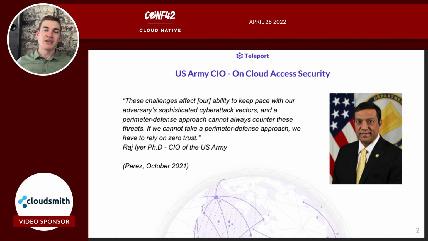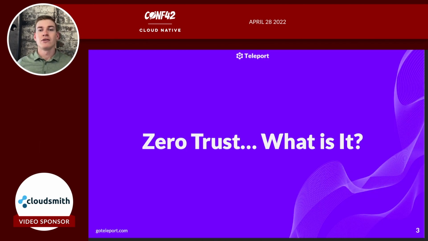The United States Army CIO, Raj Iyer, attributed the inconsistent application of configurations and architecture for cloud security as one of the biggest concerns during an interview he gave back in October. This is why government organizations such as NASA, NSA, and DoD are making this transition to Zero Trust frameworks a real priority. So, to paint a clear picture of what Zero Trust is, why we need to actually implement it,